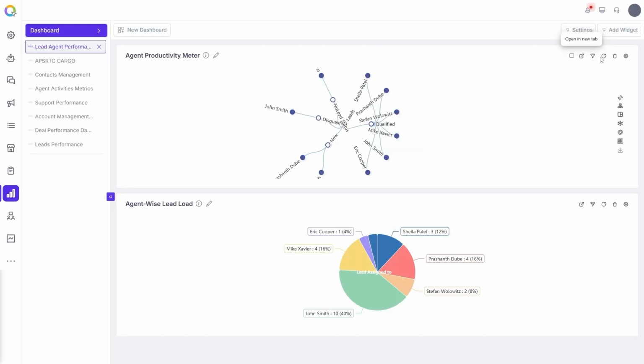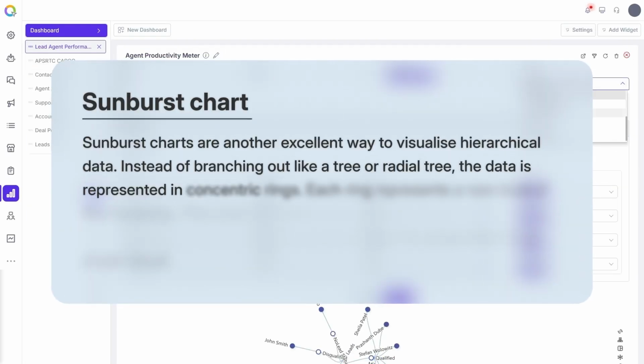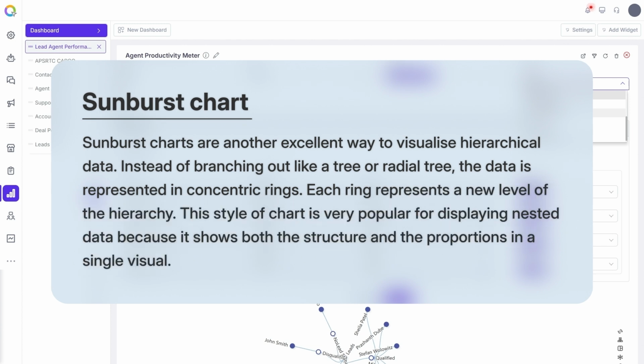Now let's move on to the Sunburst chart. Sunburst charts are another excellent way to visualize hierarchical data. Instead of branching out like a tree or radial tree, the data is represented in concentric rings. Each ring represents a new level of the hierarchy. This style of chart is very popular for displaying nested data because it shows both the structure and the proportions